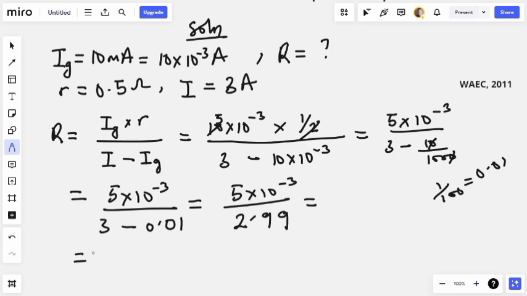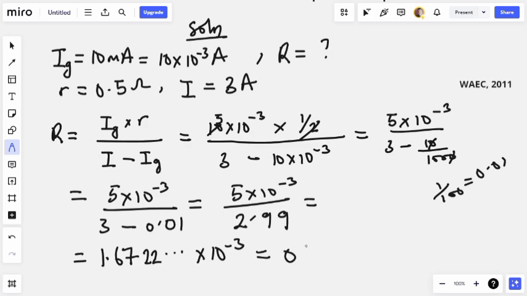You have 1.6722 dot dot dot. Then remember, we still have times 10 raised to the power of minus 3 on this numerator. So this divided by 1000, or times 10 raised to the power minus 3, will give you